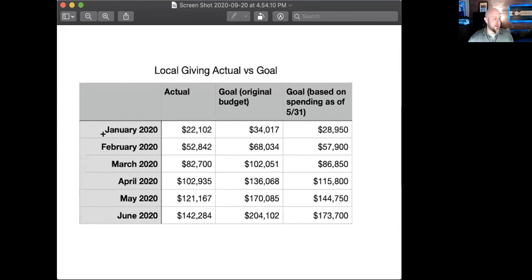So as you can see, January, COVID wasn't real. February, COVID wasn't real. March, COVID became real and the numbers start to shift from there. So through the end of June, if you take it to the bottom line, we have 142,000 when we were looking for our goal of